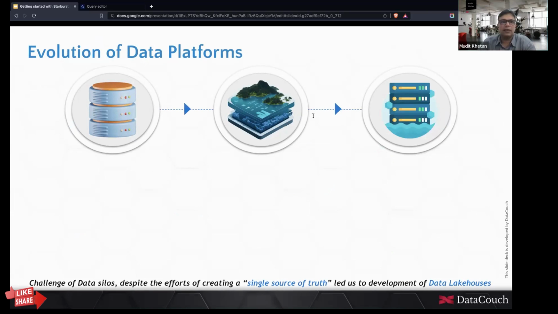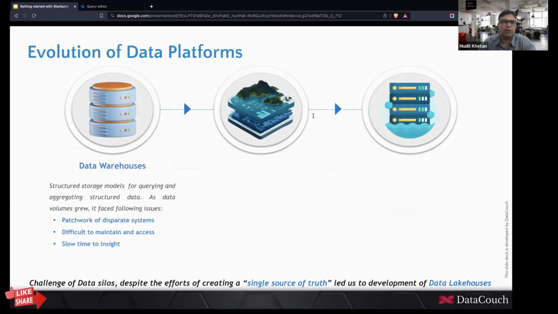As I discussed earlier, at the beginning we had data warehouses, which were fine-tuned and optimized for structured data. They evolved directly from RDBMSs. The problem with RDBMSs was that they were not efficient at processing data beyond, let's say, gigabyte scale, and data warehouses could process data at terabyte scale. So they were great for querying and aggregating structured data. They were not transactional systems like RDBMSs, but more historical systems in which archival data would be stored, processed, analyzed and queried at scale.